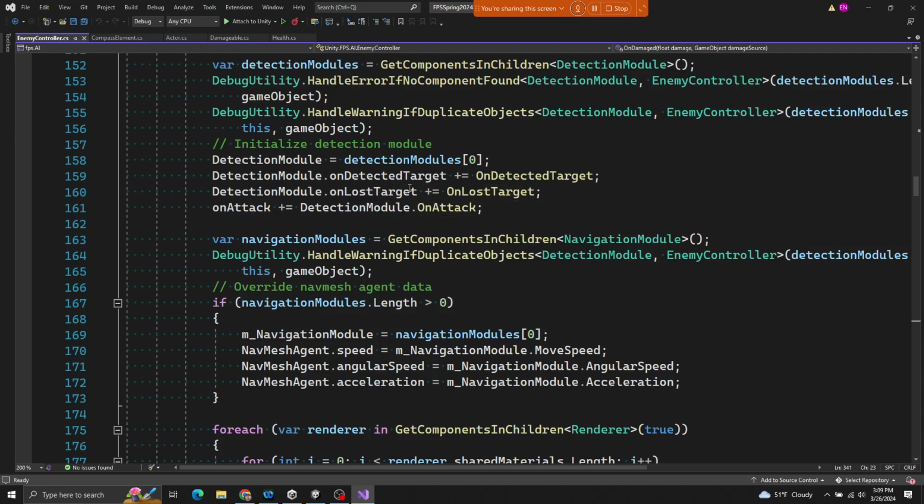So on detected, on lost. And this is interesting. So go out to the detection module and subscribe my 2 methods to the detection module's 2 events. That's what's happening in these 2 lines. And then this is a reverse. Then say, hey, go find the detection module's on attack